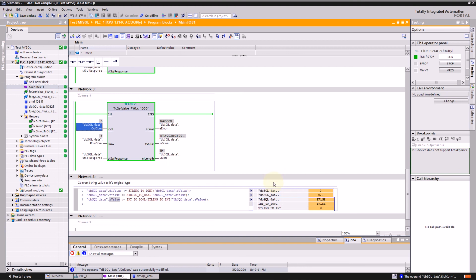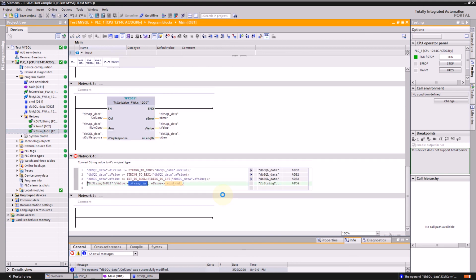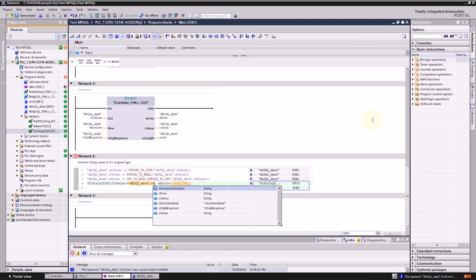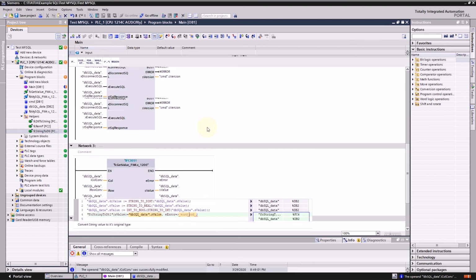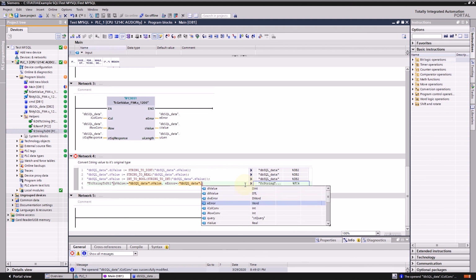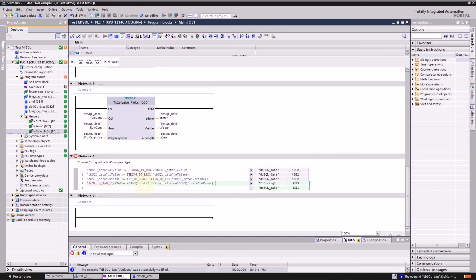The 6 is the date time. For the date time, we can try to write it. We want to get string to do so double SQL data dot value. Here we will put some, let's say double SQL data dot error, and as output double SQL data dot value. If we will load it,